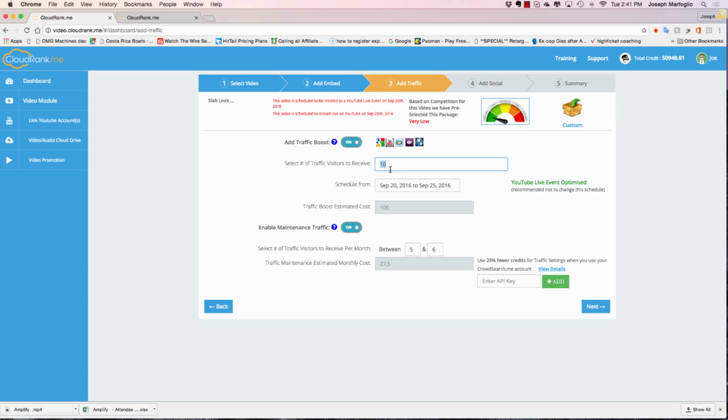But what I would do is I'd probably boost this up to at least 25. Okay, I do at least 25 on the boost period, and I would probably do 10 to let's say 40, right? So that's what I do. Cost on this is about $2.50 and $1.25, right? We have to pay people to do this.